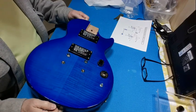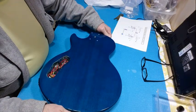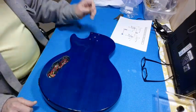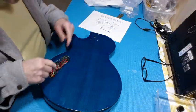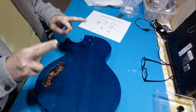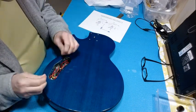Okay guys, listen, I'm on the section where I'm going to disassemble the body of this Epiphone Special. Yeah, I'm going to have to open those holes too. I realized that there is no additional space in this cavity at all to be able to add a pot for a 2-volume, 1-tone. So I'm going to go with 1 volume, 1 tone, 2 push-pulls